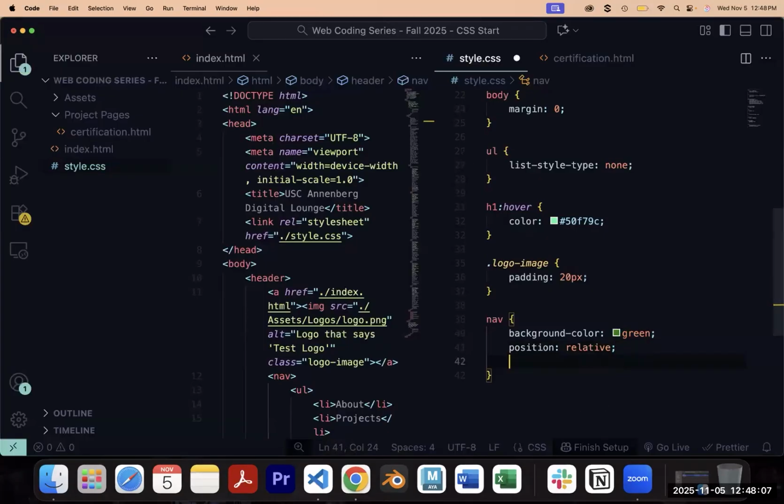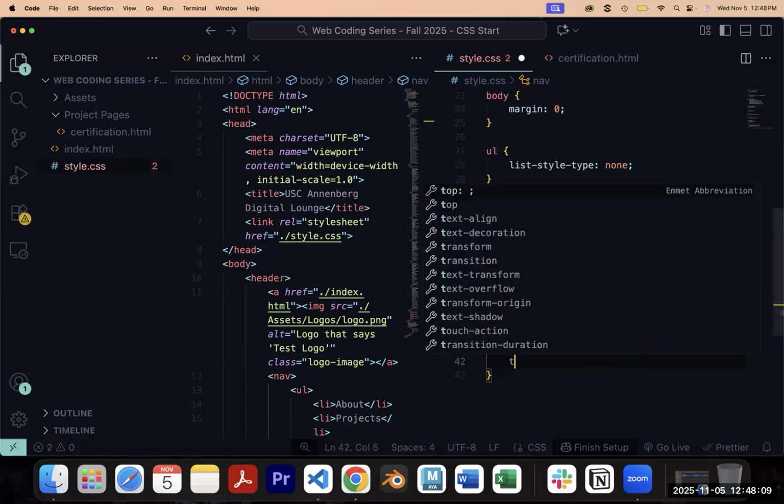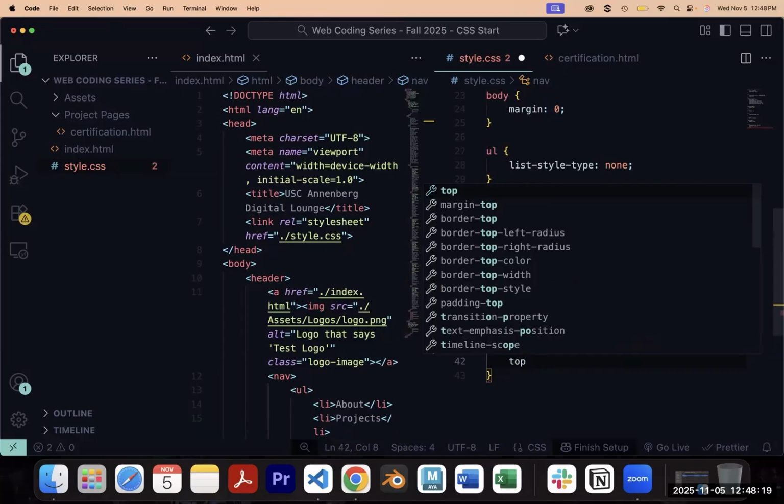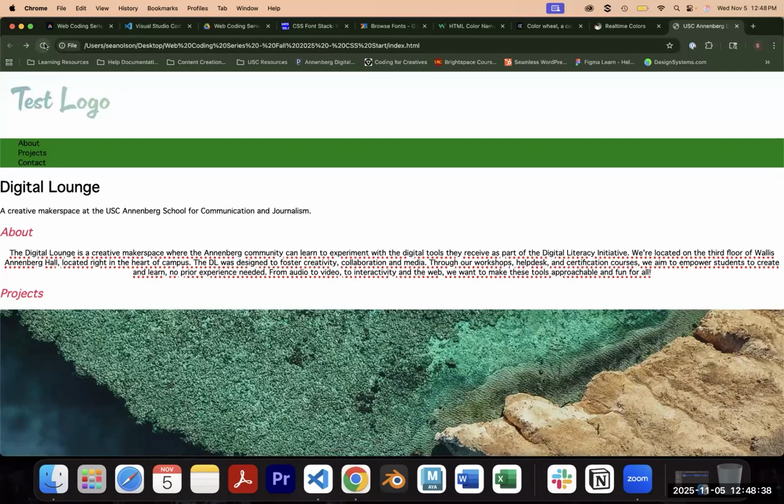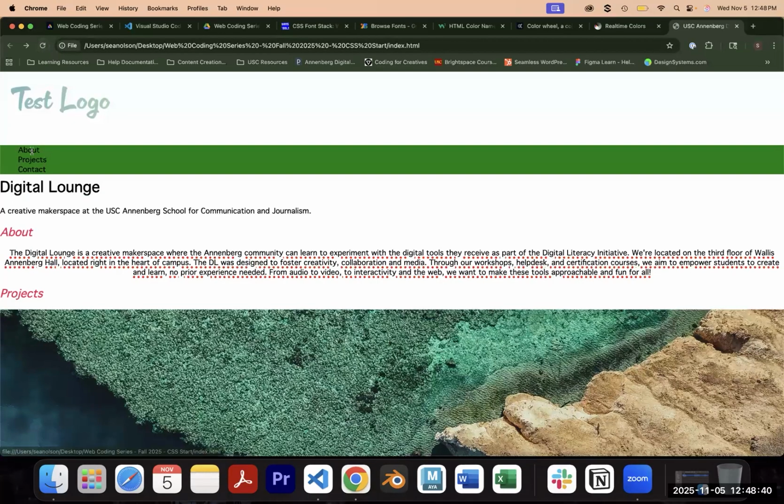So I am going to use the keyword top for the property. You can also use left, right, or bottom. The trick about these, which is a little confusing at first, is this is the direction that you're heading away from. So when I say top and I put in 15 pixels, I am moving 15 pixels away from the top. And so if I save that and I go back here and I refresh, you'll notice that it moved